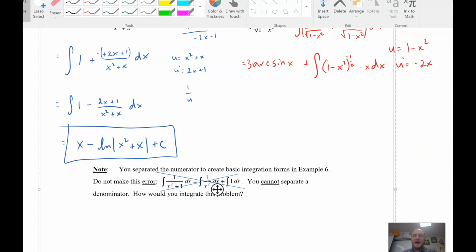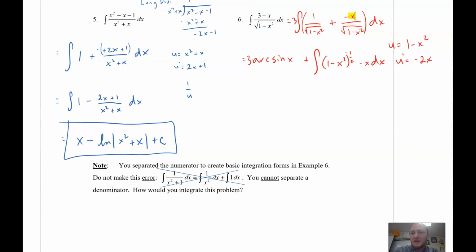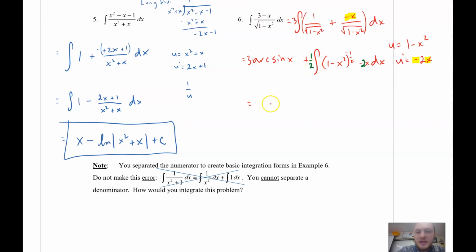So I already have my x, okay? I already have the x present and the negative as well. I'm just missing the 2. No problem. I'll drop in a 2 here and then balance with the 1/2. Okay? All right, so we get 3 arc sine of x plus 1/2, and now I'm just going to go ahead and integrate this